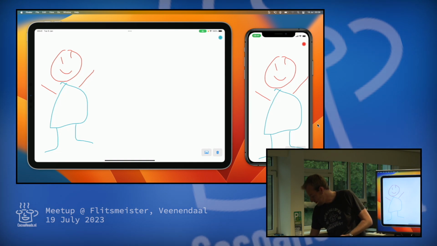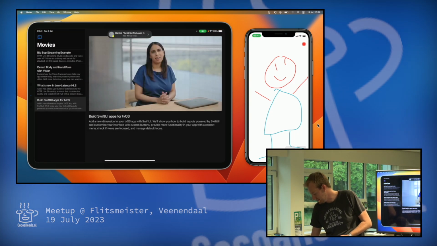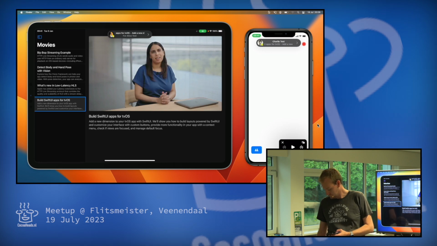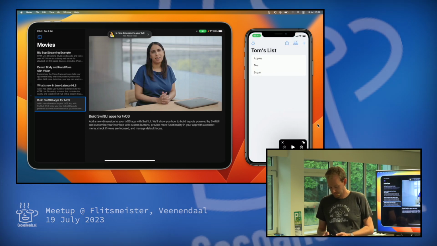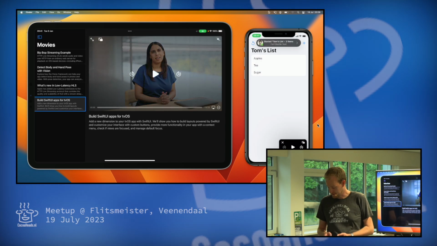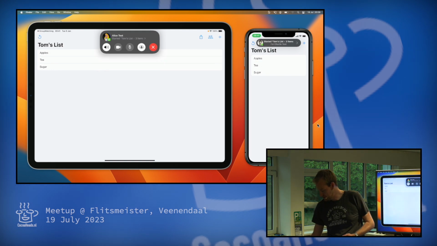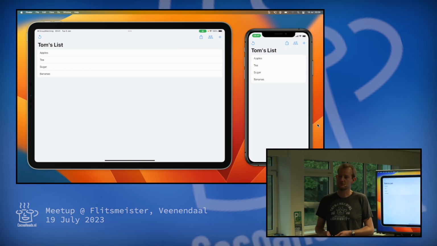But I can now switch back to the video again, start watching that, replace it. And now the video started playing on my iPhone as well. Let's switch instead to the shopping list app. Let's start that one, replace the activity. And now we're in the shopping list together. Let's see if this works. Yep. So you can switch between apps, switch between activities, and